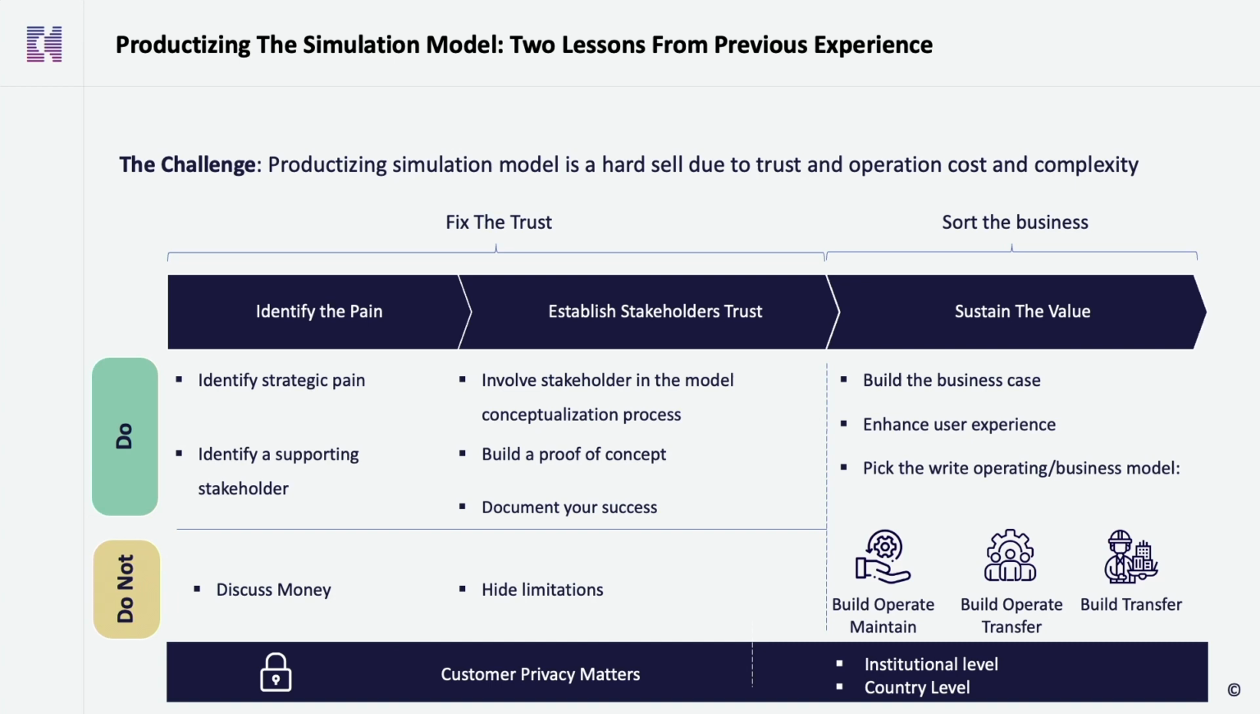We do not hide any limitations, whether it's in the proof of concept or in the bigger scale solution or model. And to scale up or to sustain the value, we build the business case and we enhance the user experience. We found that to be very important. When we do not put enough effort in the user experience, some clients would feel that it is too advanced